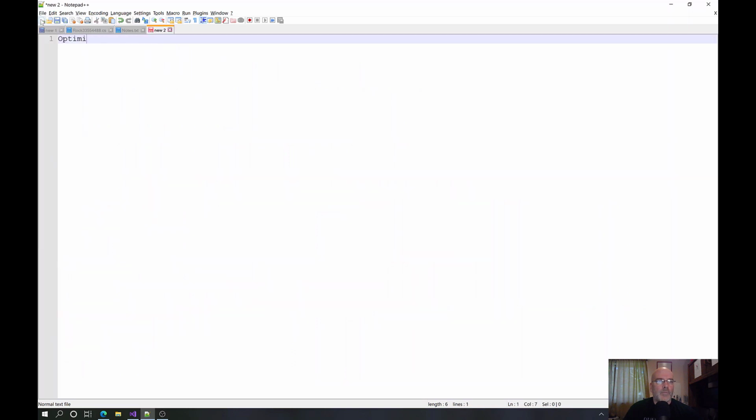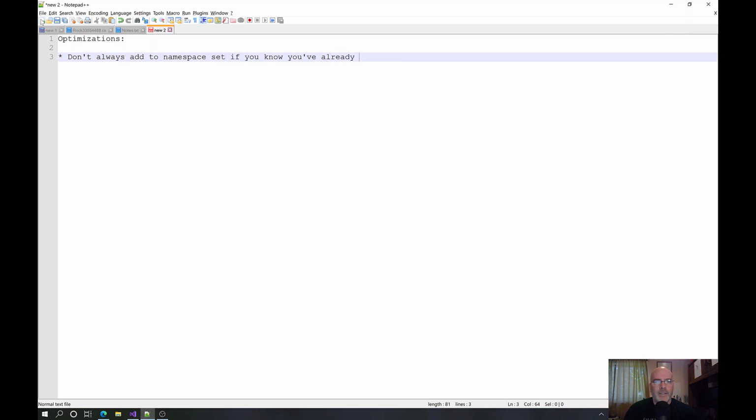Make another, I don't know, here. Optimizations. Don't always add to the namespace set if you know you've already captured the namespace somewhere else in the builders. No reason to keep doing it if you know you do. We'll do that later. Here's one that I thought of as I was driving around this morning running some errands,